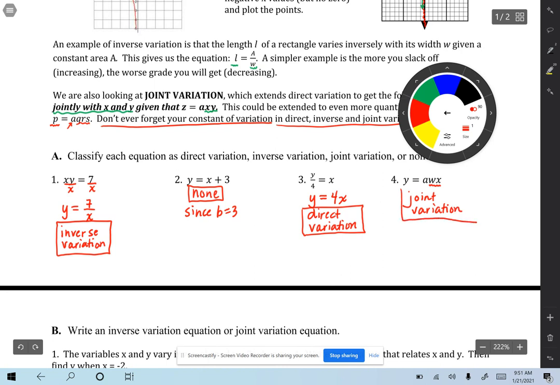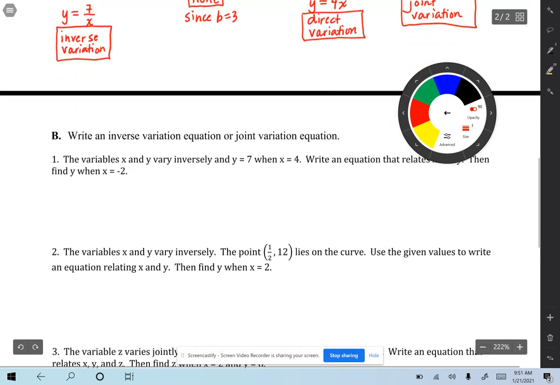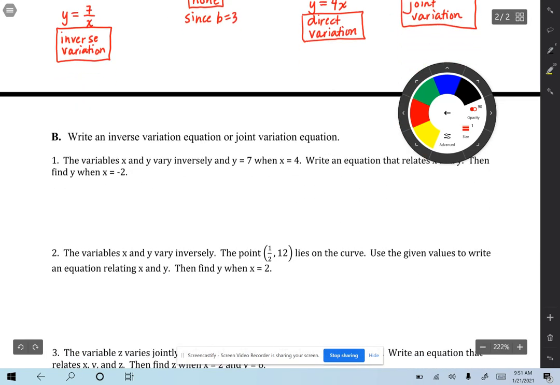Hopefully these notes have not been that painful. All right, now let's go to the back portion. Write an inverse. How do we write these? So write an inverse variation equation or joint variation equation. The variables x and y vary inversely. So let's read this very carefully. So variables x and y vary inversely,